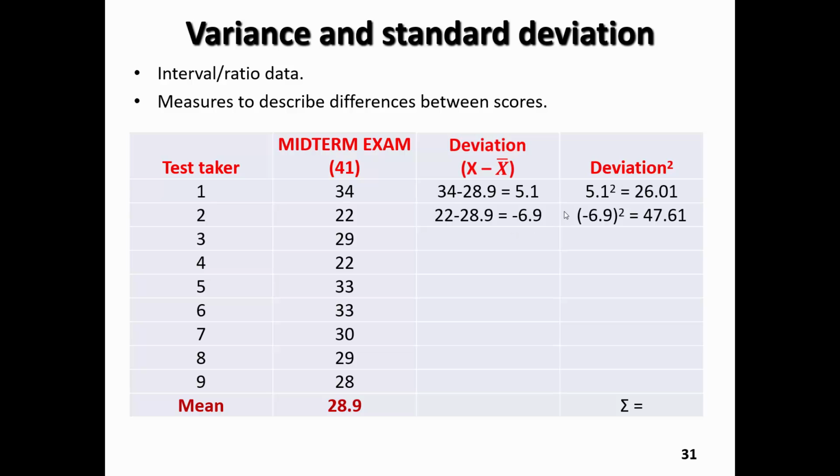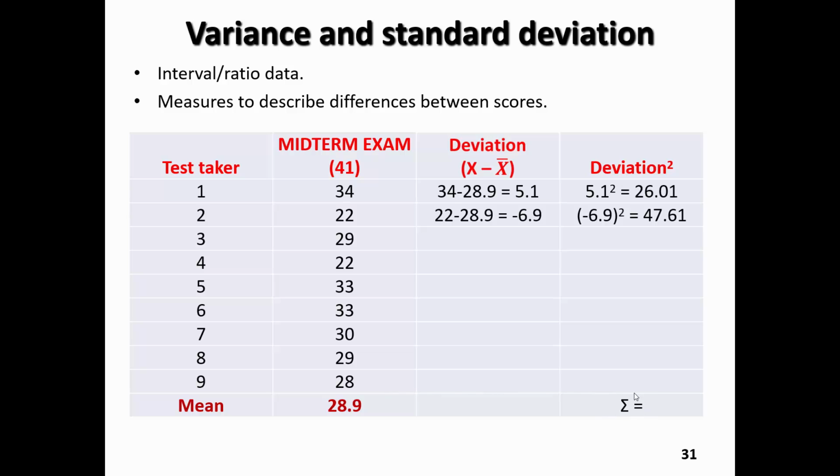We then square this value, so we multiply negative 6.9 by itself. So the parentheses indicates that we square the entirety of whatever's contained inside the parentheses. So we have to make sure that we go negative 6.9 times negative 6.9, which comes out to a positive 47.61. We then continue this for all of the entries in the table down to the 9th person, and then